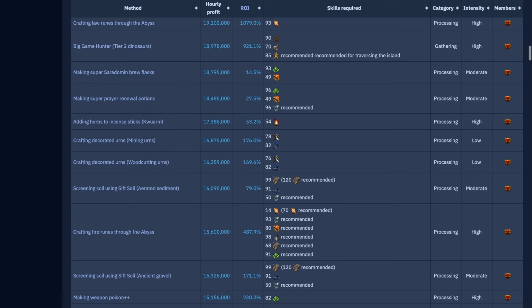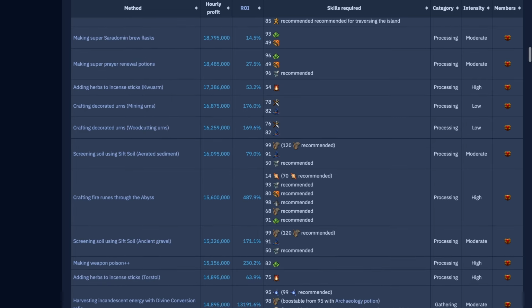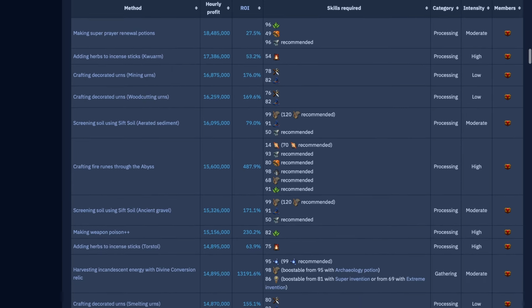Making Super Sorrow Brews just under 19 mil. Making Super Prayer Renewals 18.4. Incense Sticks, we've got Kwuarm at 17.3. Crafting Decorated Mining Urns for mining 16.8. Woodcutting 16.2. I have heard Rune Crafting is like 25k each and like 25 mil per hour, which I'm going to do a video on urns anyway,